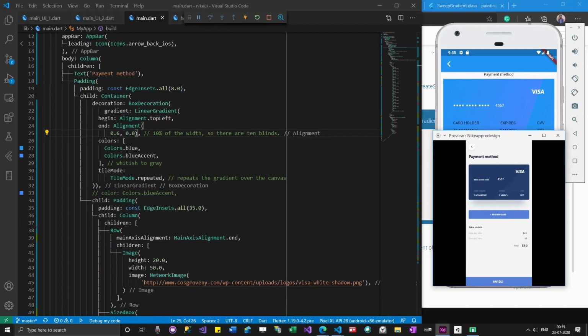So okay, Arun is asking a question. When we are connecting with the backend, should the card holder name be a stateful widget? Okay, so let's look at it, Arun. It doesn't have to be a stateful widget actually. But in the initial stages when you are developing small apps, it can be a stateful widget.